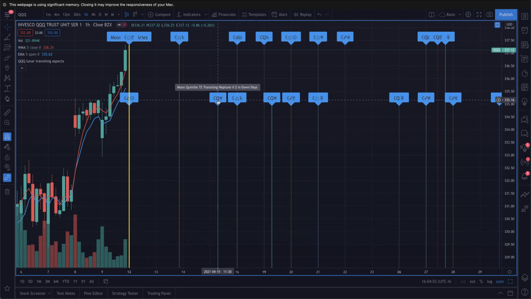So this is being displayed because this is the number 8 influencer over up days. Then we can go to the next one that's happening on April 15th at 11:30 Eastern Time. And this is moon quintile at 72 degrees with transiting Neptune, which is the number 2 influencer over down days. Okay. So when you're interpreting these, it's important to keep in the back of your mind that in general, pivot highs and pivot lows tend to be the more accurate